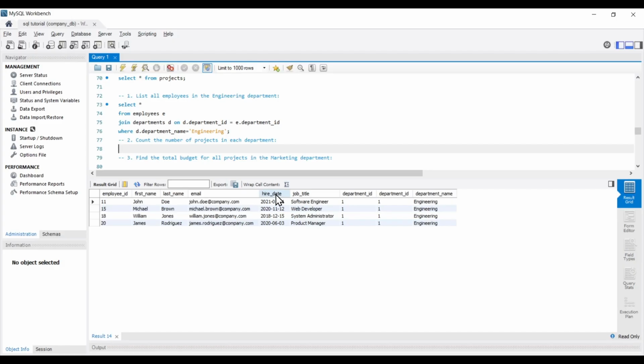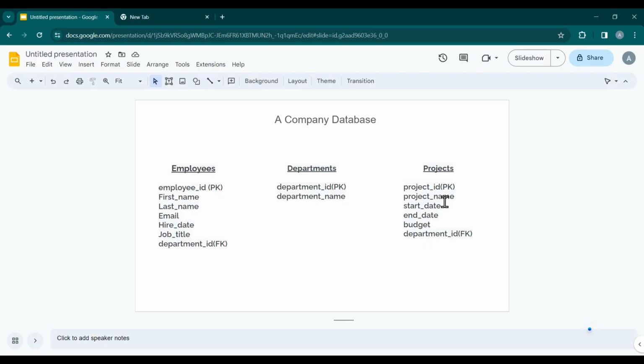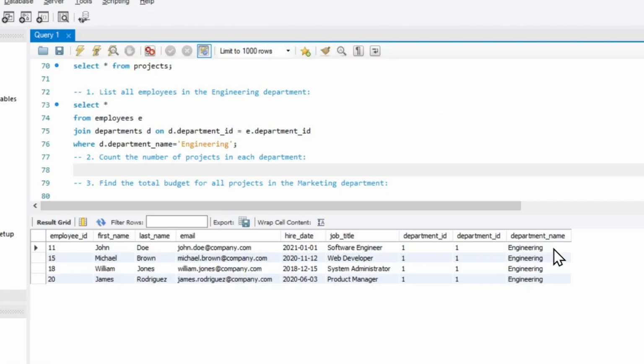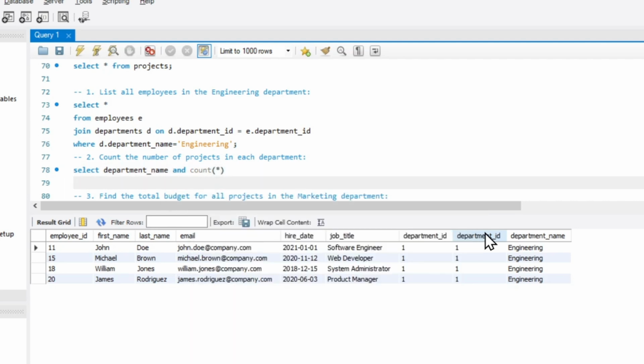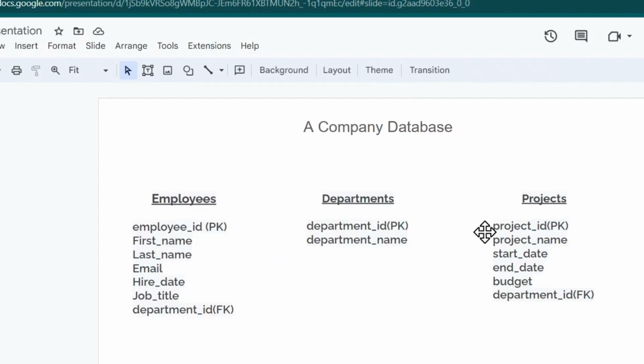We need to simply count the projects in each department. So we'll select the department name, and I want to count the rows. Okay, and I want to fetch this data from the departments table,